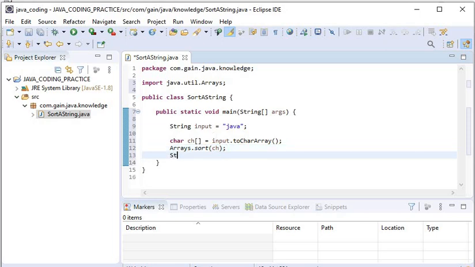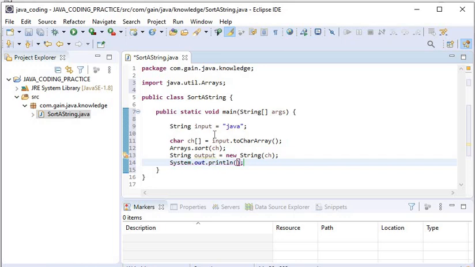Now we will combine all the character array into a string, new String, and here we will pass ch, and here we will see the response after sorting the array, sorting the string characters.